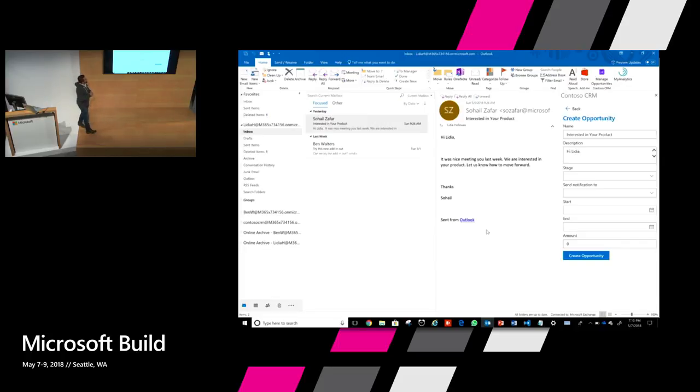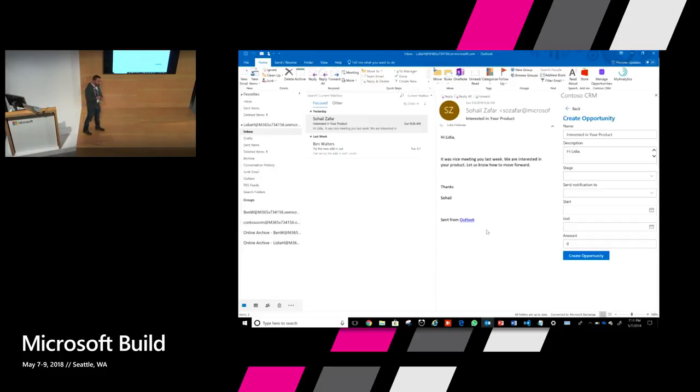Notice another thing: the add-in is able to populate the name and description fields. This is also through the Office JavaScript API. The add-in used the item property in the library to get the subject and the body of the email. And then, using the SSO token I talked about earlier, the add-in is also able to swap this token for a Graph API token.